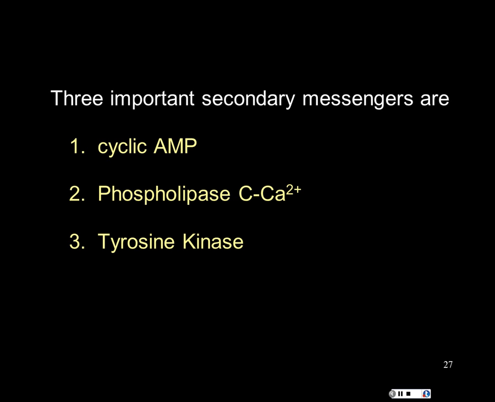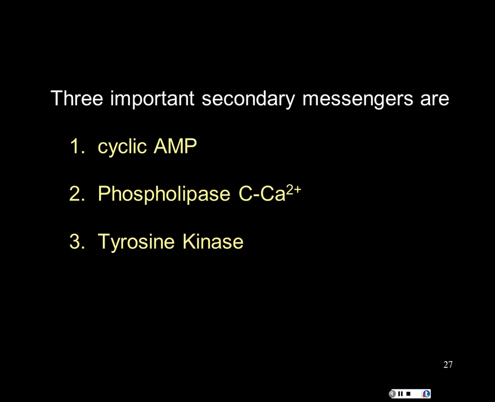Have you heard of that one? If you heard of one, it's probably this one. You called it cAMP or something like that. There's a very similar one called cyclic GMP, guanosine monophosphate. Another important one is called the PIP, or the phospholipase C calcium pathway. And another one called the tyrosine kinase. And we can keep going on with the examples of these different types of second messenger systems.